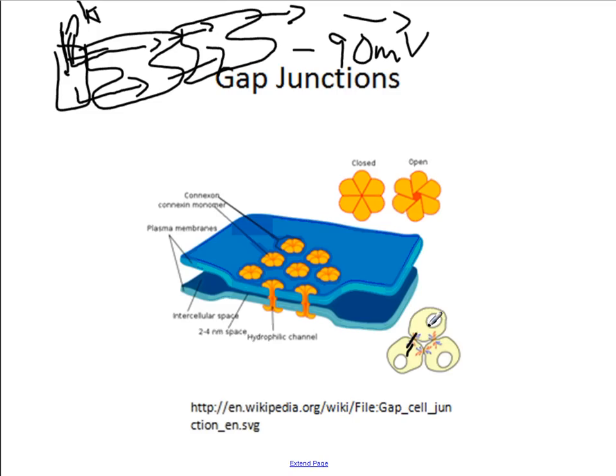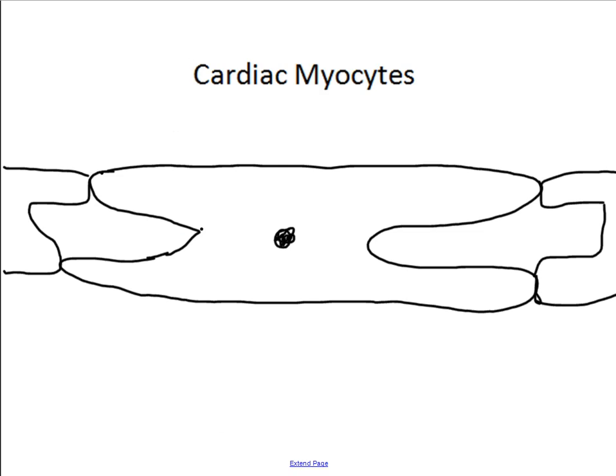So when one cell is depolarized, all the adjacent cells are going to depolarize along with it. All right. So again, this is a major contributor to the heart being composed of many, many cells, but behaving like it's one cell. Every single cell in the heart is linked together. So again, when one area depolarizes, the entire heart is going to depolarize as well. Okay. So let's talk about